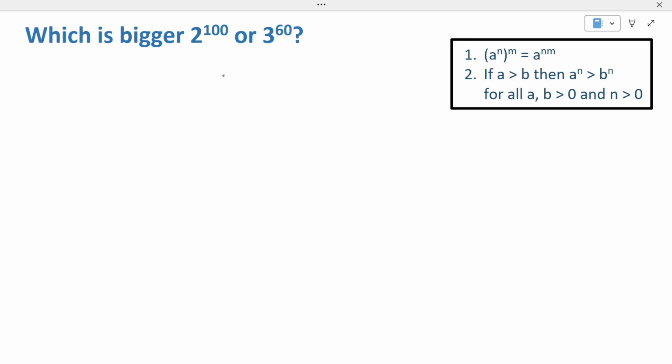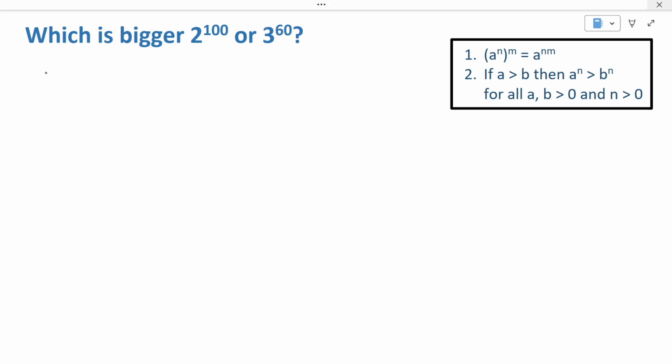So which is bigger, 2 to the power of 100 or 3 to the power of 60? We could compute these two values directly to find the answer, but it would be exceedingly tedious to do that without a calculator. So how do we determine which of the two is bigger without having to do the direct